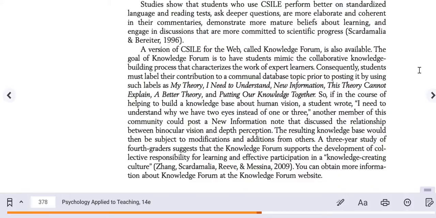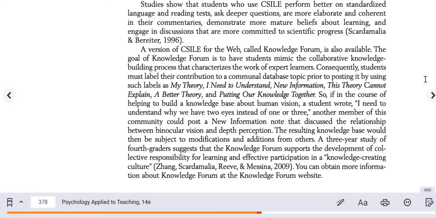A version of CSILE for the web called Knowledge Forum is also available. The goal of Knowledge Forum is to have students mimic the collaborative knowledge building process that characterizes the work of expert learners. Consequently, students must label their contribution to a communal database topic prior to posting it by using such labels as my theory, I need to understand, new information, this theory cannot explain, a better theory, and putting our knowledge together. So if in the course of helping to build a knowledge base about human vision, a student wrote,